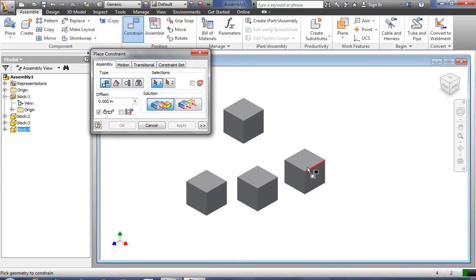So if we come over here to our first block and we select this face, and you can notice you can select faces, edges, or even points. So I'm going to select this face here. I'm going to click on it. Now, because this block, all the faces are exactly the same, it doesn't matter which face I select, but just